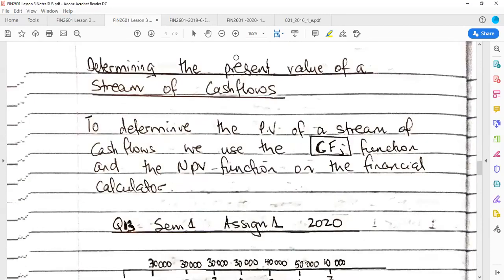Then next, you need to know about determining the present value of a stream of cash flows. You need to be able to determine the present value of a stream of cash flows. This is also known as the present value of a mixed stream. So to determine the present value of a stream of cash flows, we use